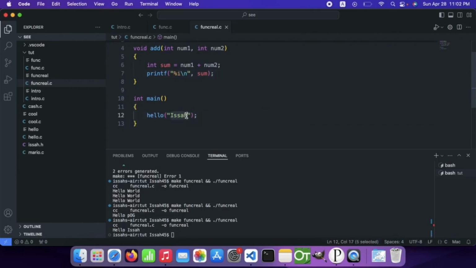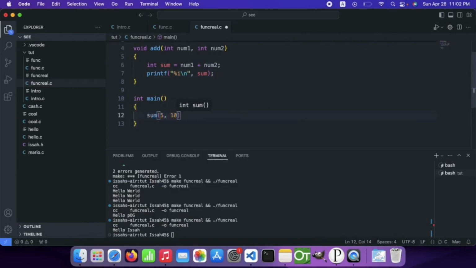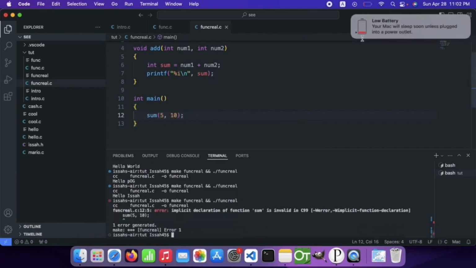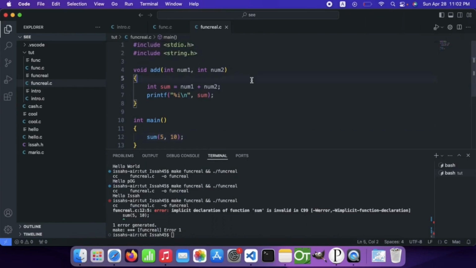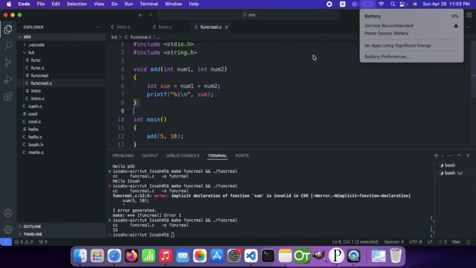So here, if I write sum 5, 10, and I run it, oh yeah, this is supposed to be add 5, 10. So now we're gonna end up with the answer 15. So anyways,